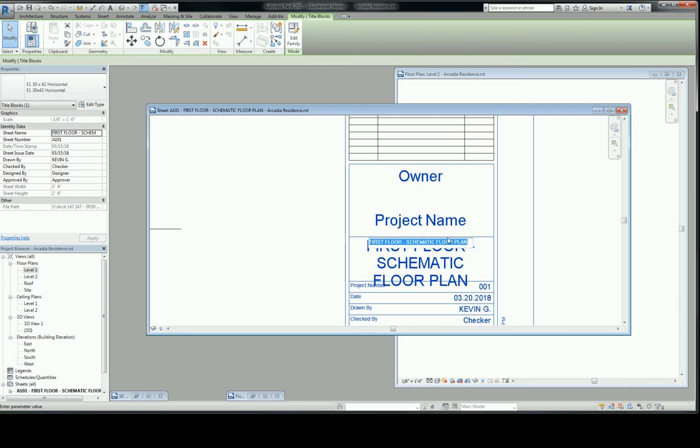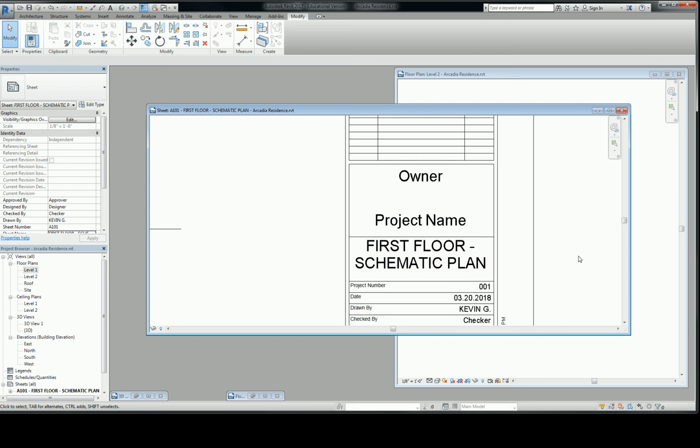What? That doesn't work. Let's just do schematic plan. That is really large text. That'll work. First floor schematic plan. Hell yeah. All right. Now,